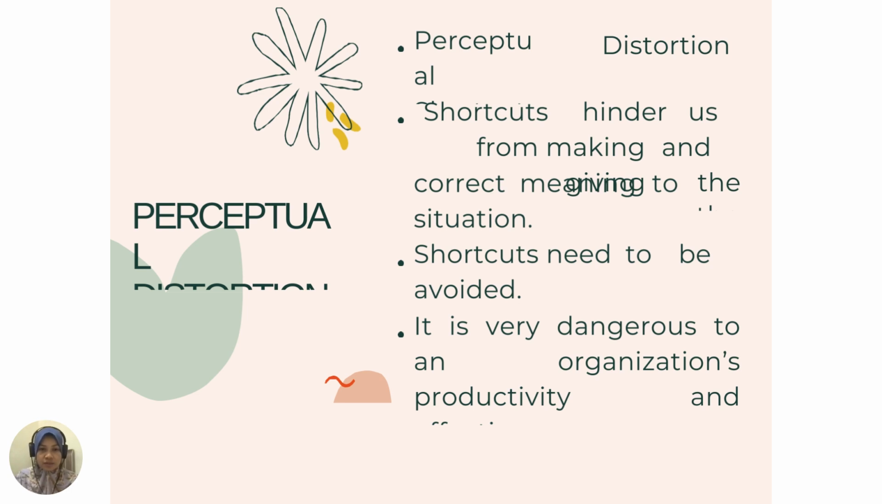Perceptual distortion, sometimes we call it shortcuts. We use shortcuts in the process of giving meaning to the events or things around us. This shortcut hinders us from giving the correct meaning to the situation, hence creating perceptual distortion, or distorting perception. The shortcuts are